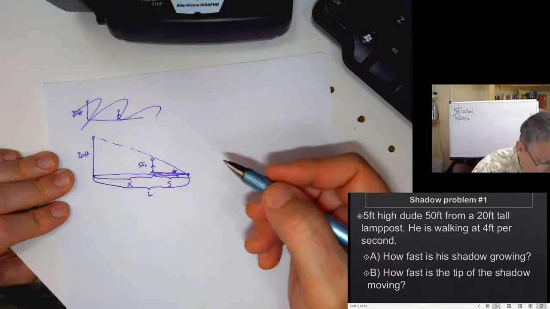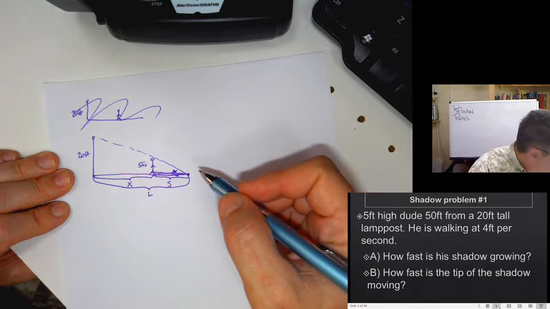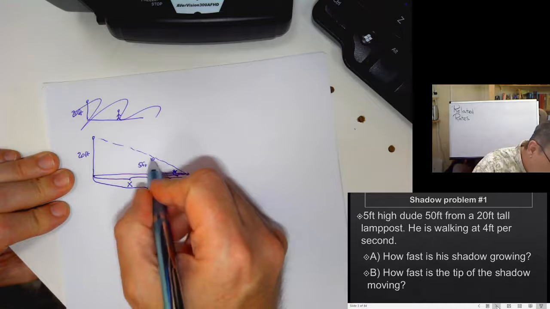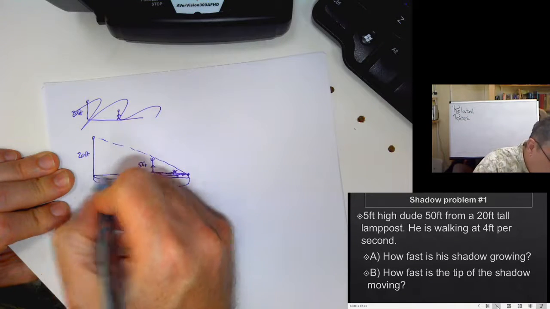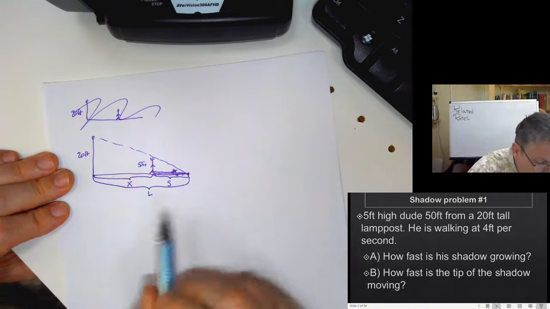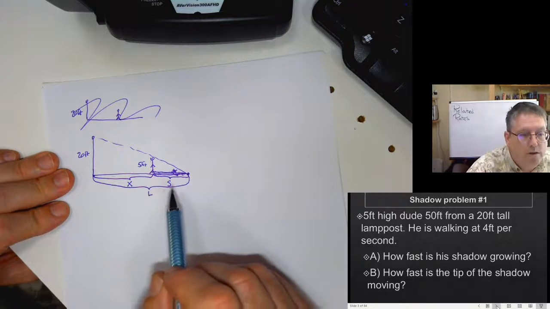Just because that's what I want to call it. So now we have to look at this and relate. We've got similar triangles, right? There's a triangle and there's a triangle. And we want to be able to relate those in terms of two variables, one of which we already know,